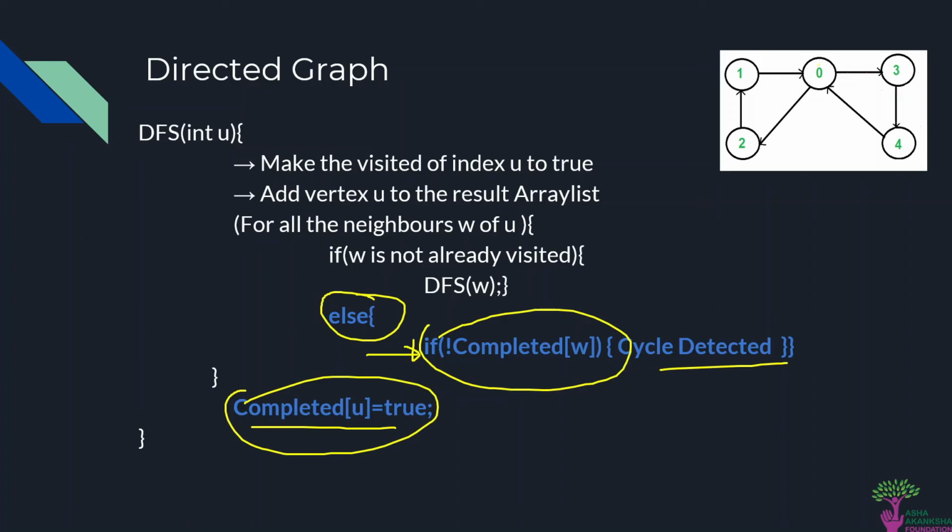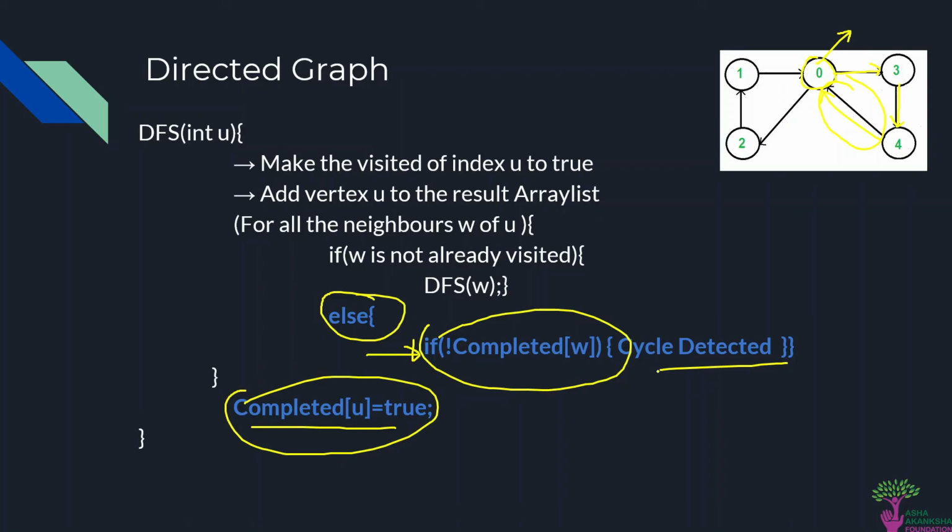So let us see using this graph too. From u, which is 0, we will move to 3. From 3 we will move to 4, as this is a back edge and 0 has not been completed, and 0 is an ancestor of 4. This is a back edge and hence else will detect it. So this is it for the directed graph.